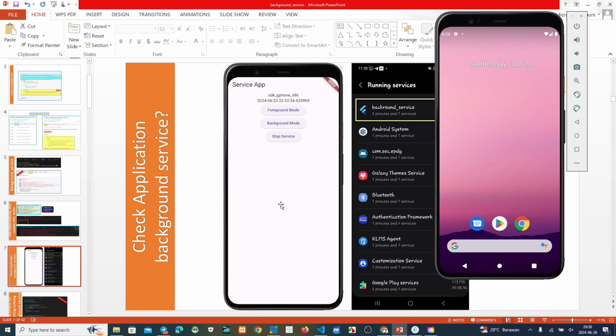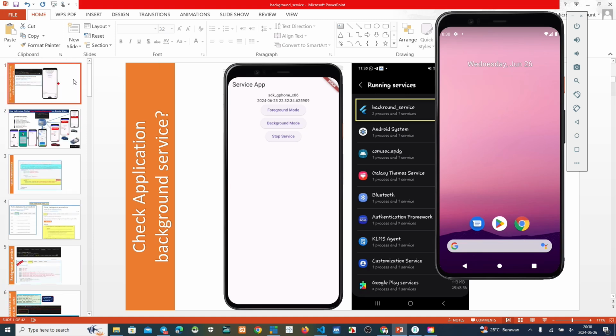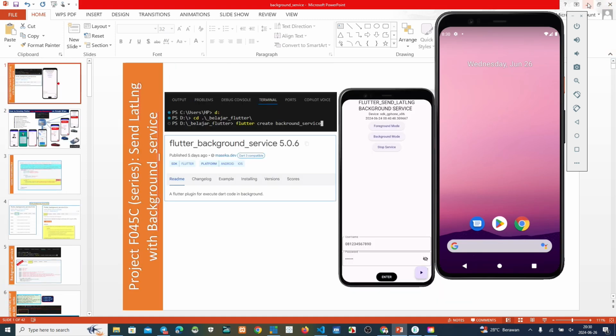We can see Android system, Bluetooth, so many Google services, Gmail, WhatsApp, Telegram, and so on. If we see it in the list of running services, it means our project is already running on background service. Okay, this is how to check our project is already running as a service.